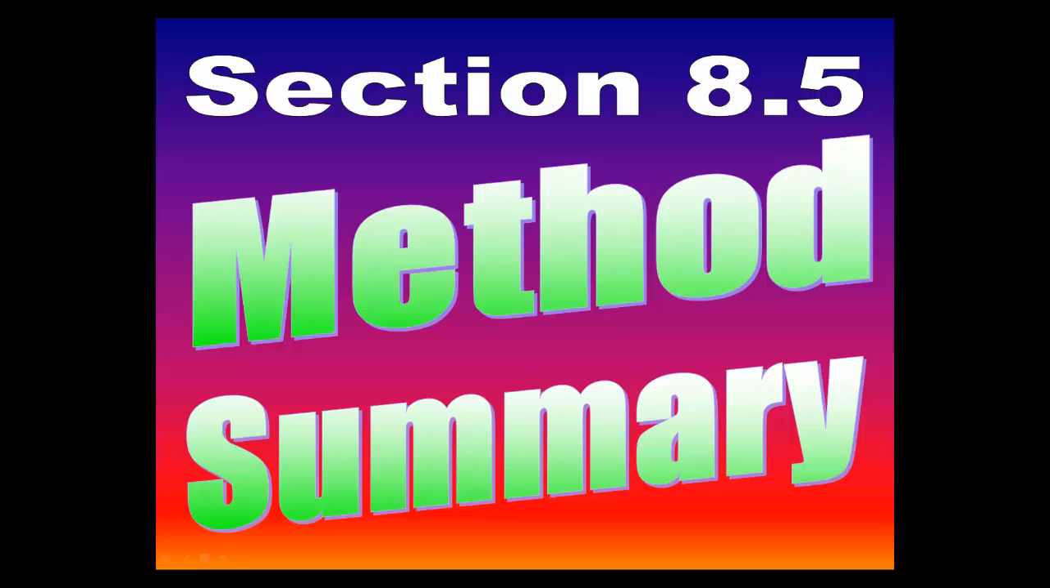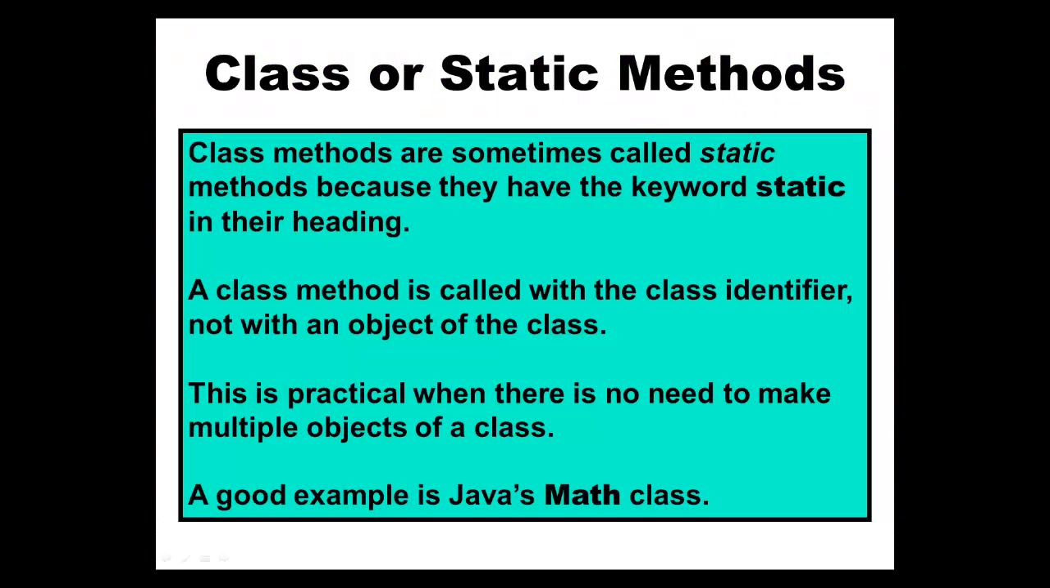Without further ado, let's talk a little bit about class or static methods. Recall, class methods are sometimes called static methods because they have the keyword static in their heading. A class method is called with the class identifier, think about the math class and things like the .sqrt function, and not with an object of that class, in